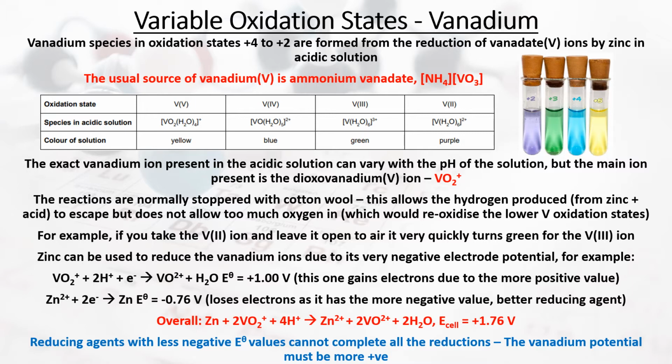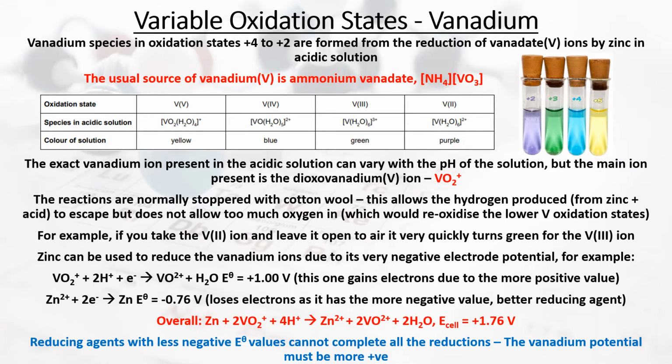And so if we want our zinc equation here, we need to flip it around the other way because we're having the zinc lose electrons because it's a reducing agent. So we flip the equation around, and we multiply that top vanadium equation by 2. That will allow us to cancel out our electrons. And when we do that, we end up with an overall equation that is zinc plus 2 of the vanadium ions in the +5 oxidation state, the VO2+, plus 4H+ going to Zn2+, 2 lots of the vanadium in the +4 oxidation state, the VO2+ ion, and then 2 lots of